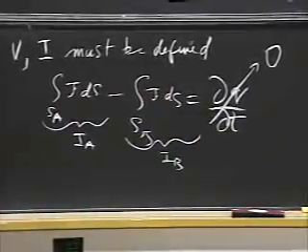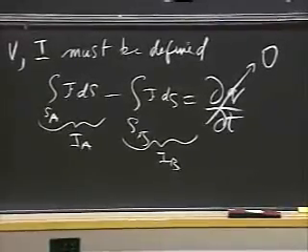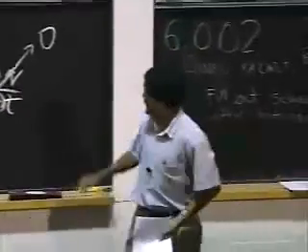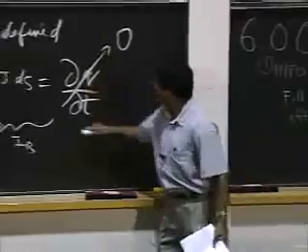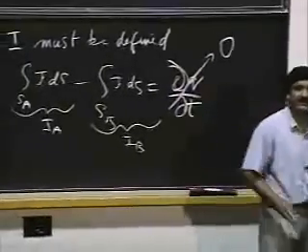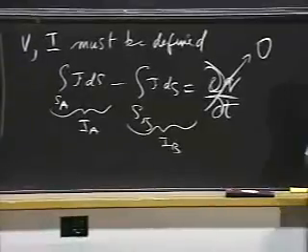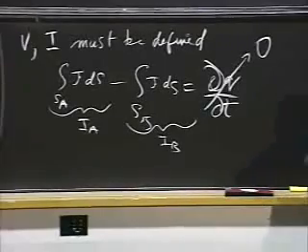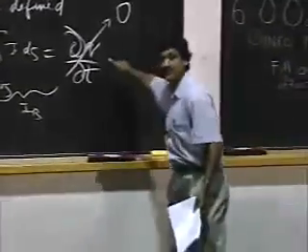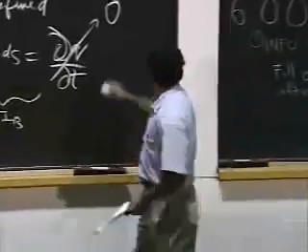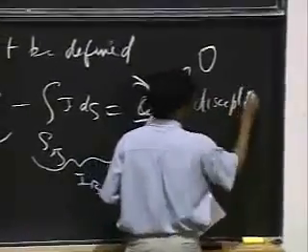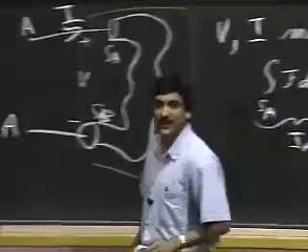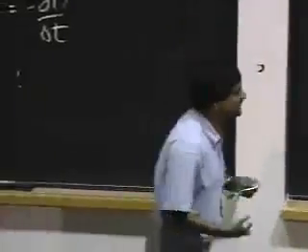You can come and beat me up and say, but why? Why not? Why am I doing this? And I'm saying, the world is arbitrary. I'm an engineer. I want to build good systems. By making the simplification, I eliminate this squiggle thing and so on, I don't want to deal with it. I want to make my life simple. So this has gone to 0 because, why? Because I have said that in future, I will only deal with those elements for which this is true. I am going to discipline myself to only deal with those systems. Okay, Maxwell's turning around and mad at me and all that stuff, but tough.